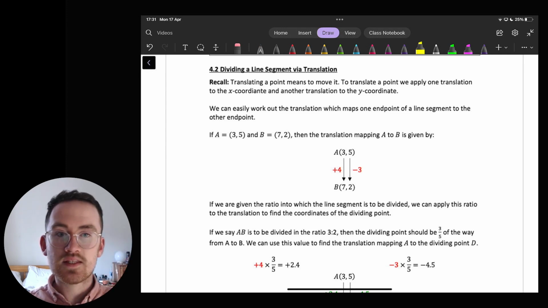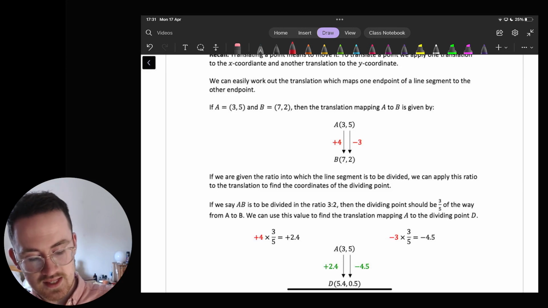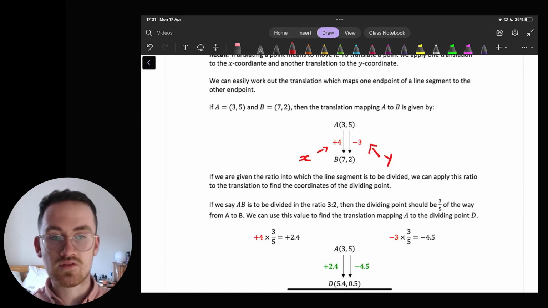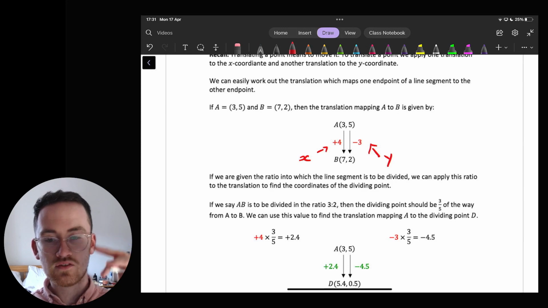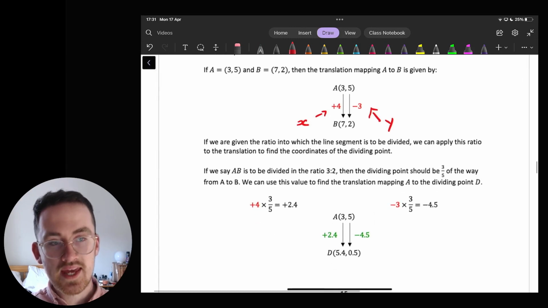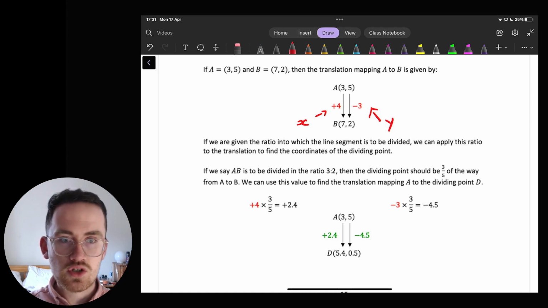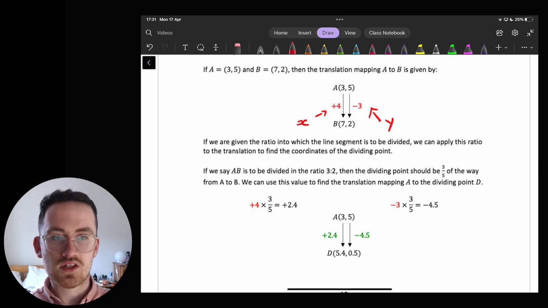If A is (3, 5) and B is (7, 2), then the translation that maps A to B is given by +4 in terms of the x coordinate, and then -3 in terms of the y coordinate. So to move A to B, I would have to add 4 to the x coordinate and take away 3 from the y coordinate. If we are given the ratio into which the line segment is to be divided, we can apply this ratio to the translation